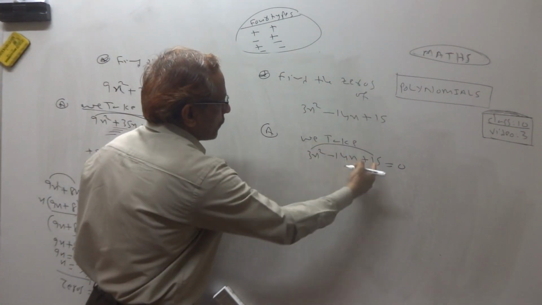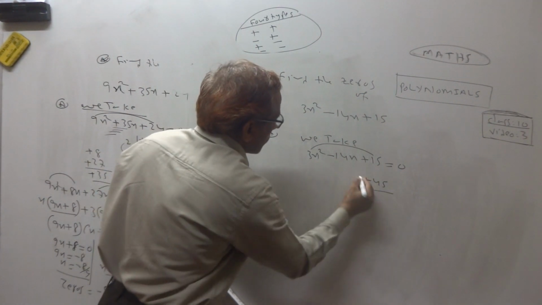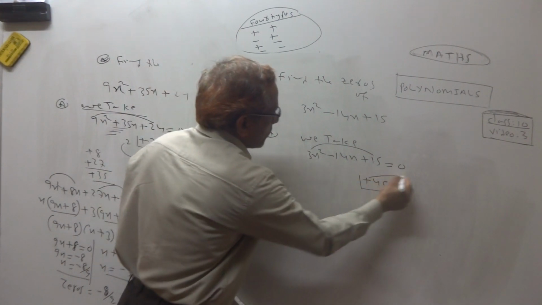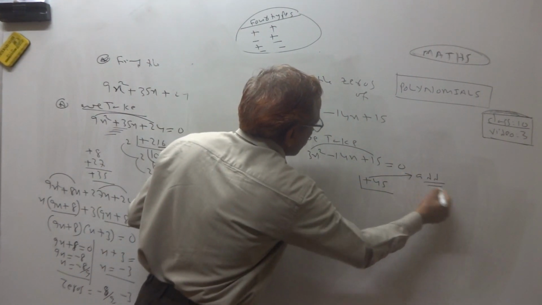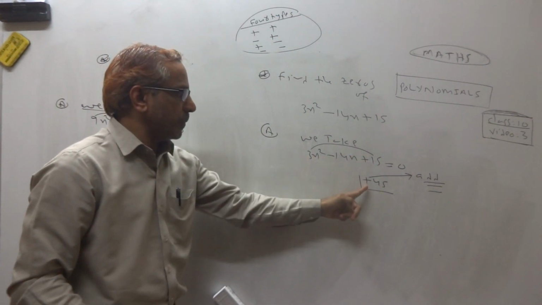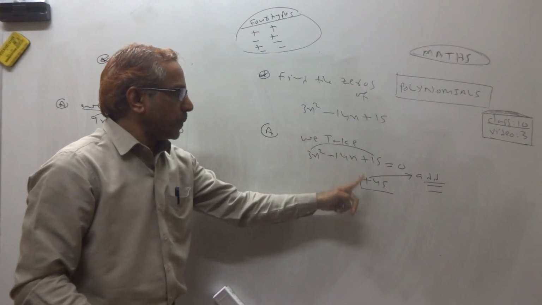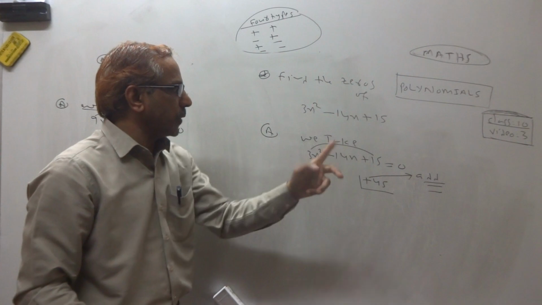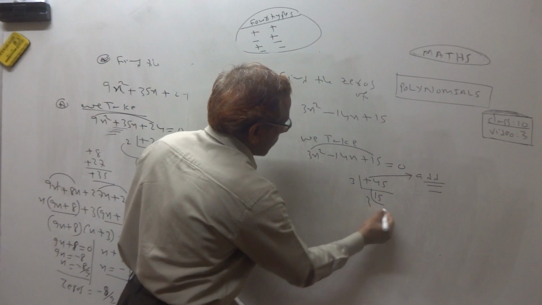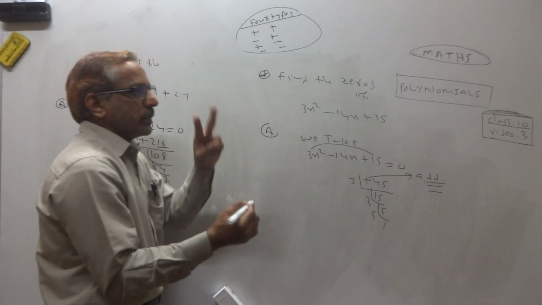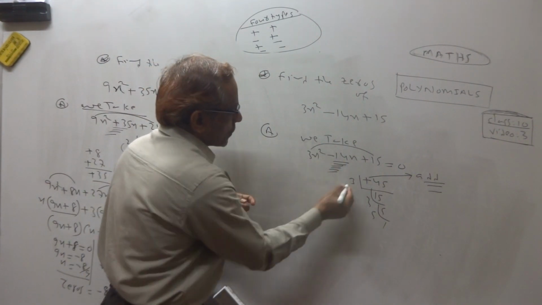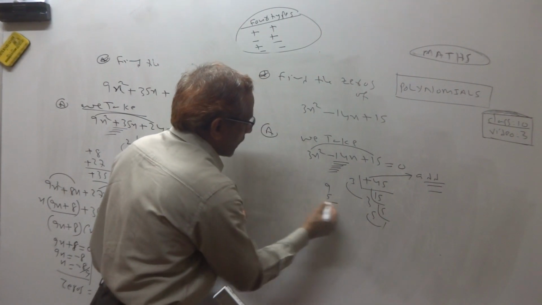Then multiply always these two. 15 3s are 45. See, immediately write the sign. Plus, 15 3s are plus 45. This plus shows that you should add to get the center number. 3 ones are 3, 3 fives are 15, 5 ones are 5. Now you decide two numbers. If you add them, you should get 14. So 3 threes are 9, 5 ones are 5, 9 and 5 is 14.